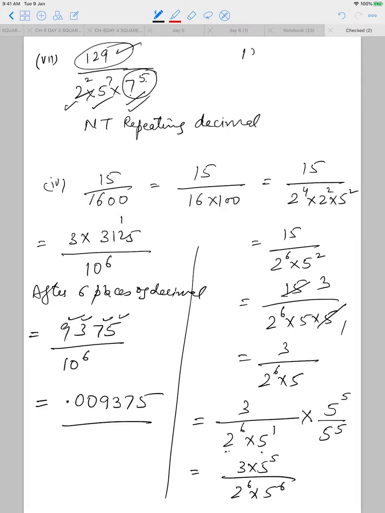Otherwise, if you think that we are going to find out the decimal expansion by simple division, do you think it is possible? It is going to be a very, very complicated answer. First you multiply 7 five times, then you multiply 5 seven times, then you multiply 2 twice, multiply all of them, and then you get such a big number in the denominator, and then you divide 129 by that number. It's going to be a very, very difficult task. So this is how we find out the decimal expansion of the given numbers.